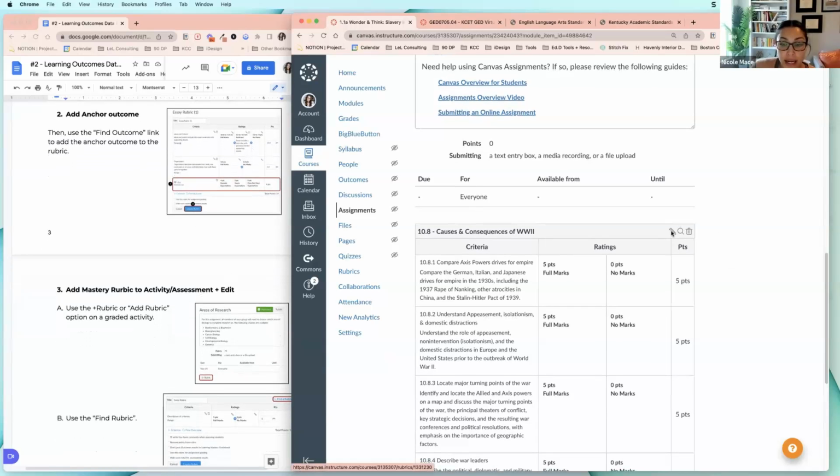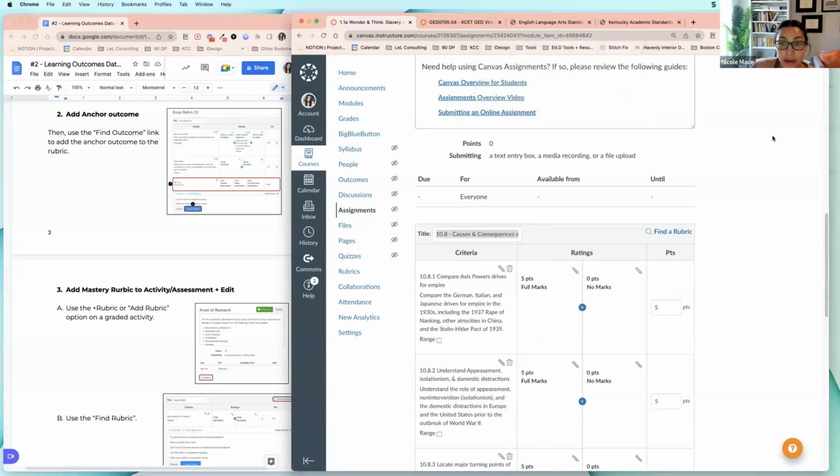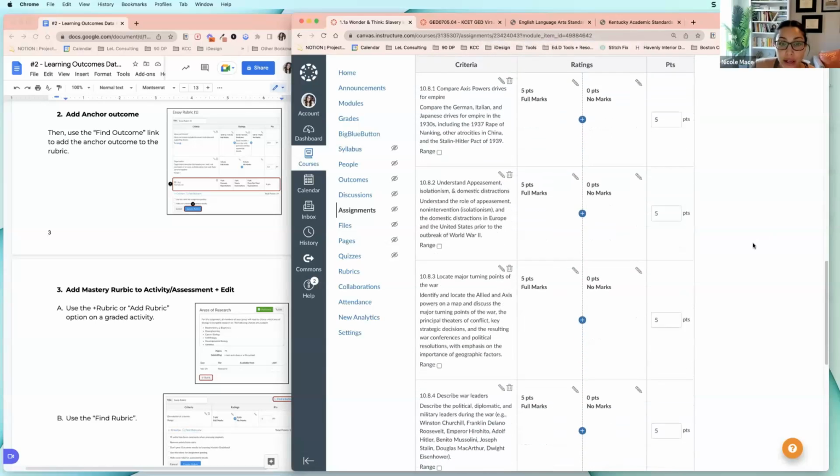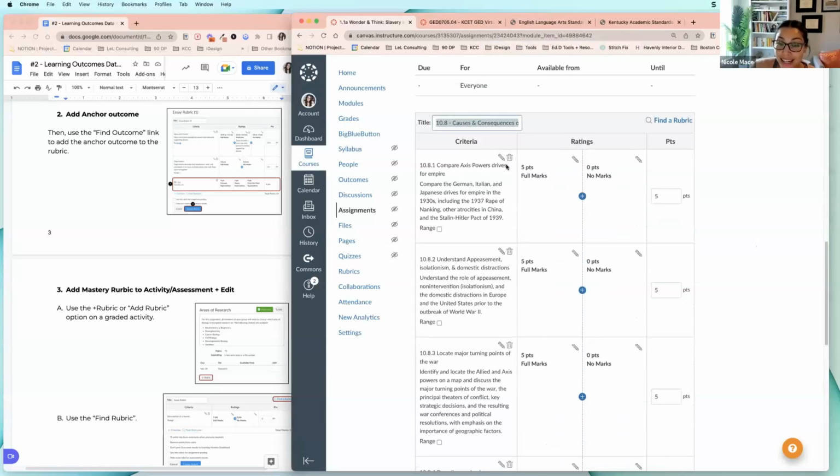Okay, so I'm going to hit edit. I'm going to say, yes, I want to edit it. Two things. One is, like I said, if you have any of these standards that you're like, you know what, this is not going to work for this assignment, you can hit this garbage pail icon and it will take it away completely. If you already have a rubric that doesn't have any standards or outcomes connected to it,